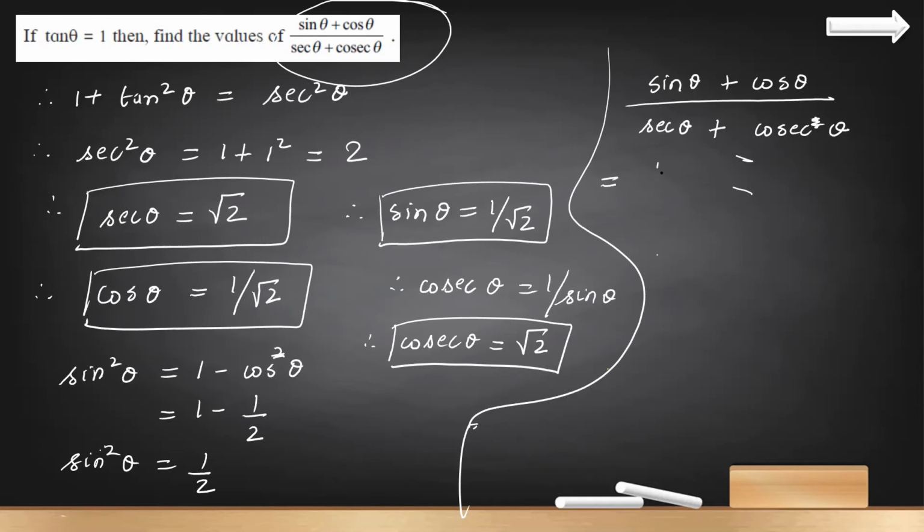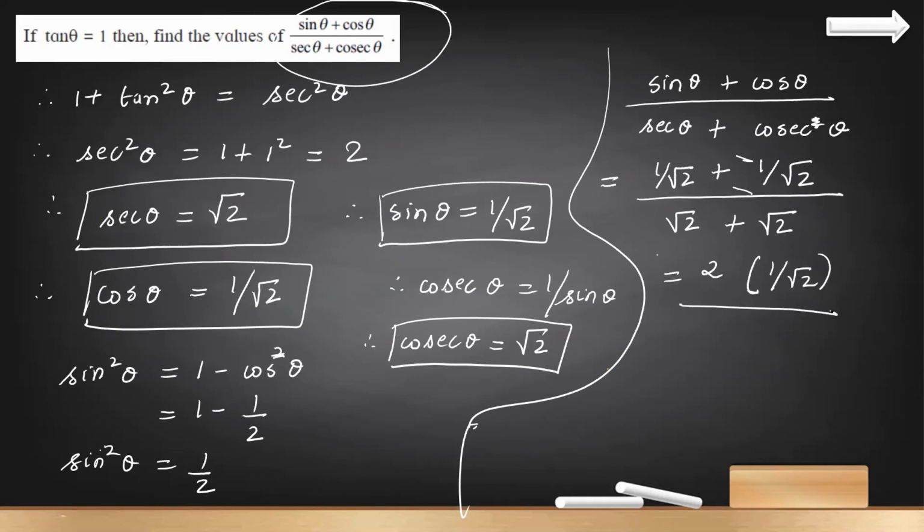So sine theta is what? 1 by root 2 plus cos theta is also 1 upon root 2, the whole upon sec theta is root 2 plus cosec theta is also root 2. So 1 by root 2 plus 1 by root 2 is basically, can I write it as 2 times 1 upon root 2? Okay. Same, root 2 plus root 2, again 2 times root 2. 2 gets cancelled. We have 1 by root 2